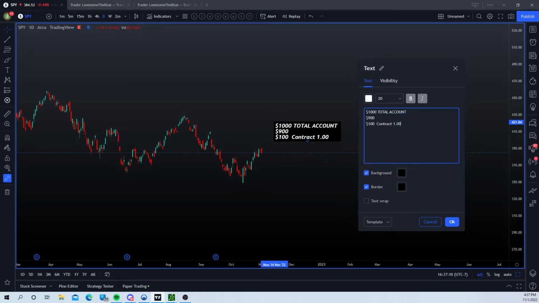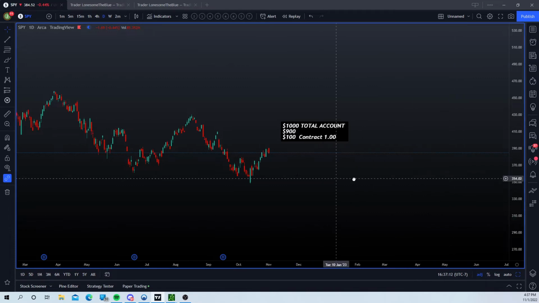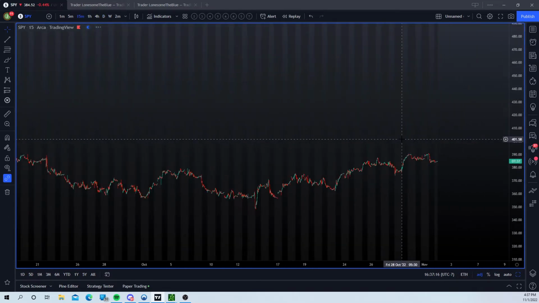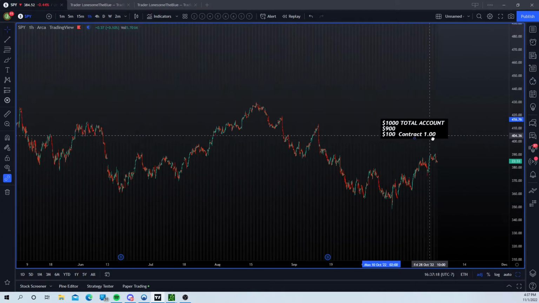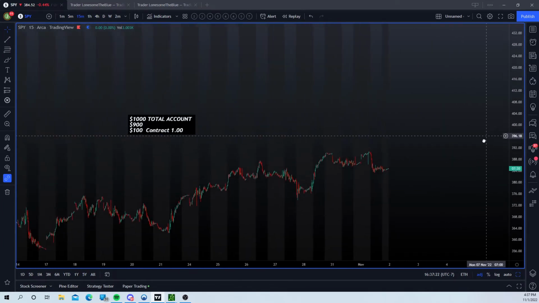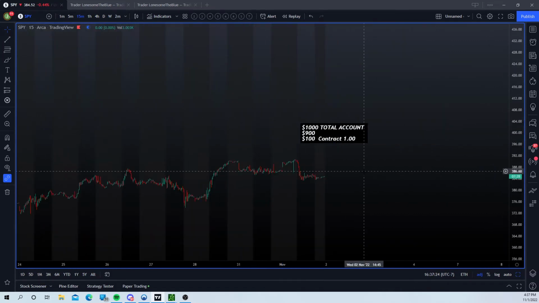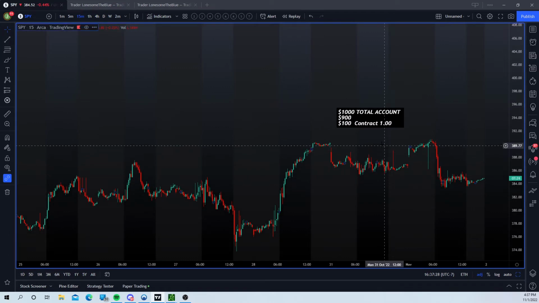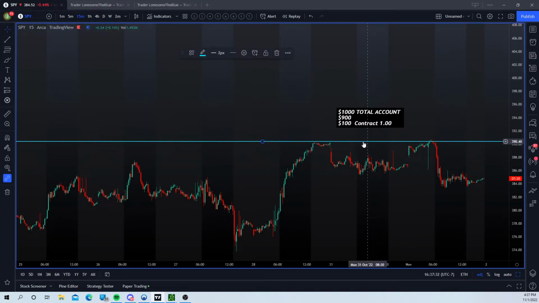So let's put an example here on SPY today, right? Let me get back to where we were. SPY today, you can see that if we have our levels, any level, it doesn't matter how you guys want to do it, just know that you can see a rejection here from the day before, a clear rejection.